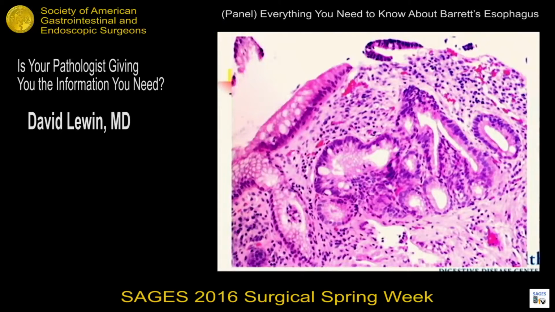What I want to see is basically what we see here, which is these goblet cells, these nice dilated cells that look like small bowel goblet cells. As was mentioned, these are a terminally differentiated cell, but they are a marker of an intestinal type of change. The dysplasias and cancers that we see within the esophagus are predominantly an intestinal type of cancer. So the assumption is that we go from a metaplastic change to intestinal type mucosa, and then on to dysplasia, and then to an intestinal type cancer, which is why, at least for now,